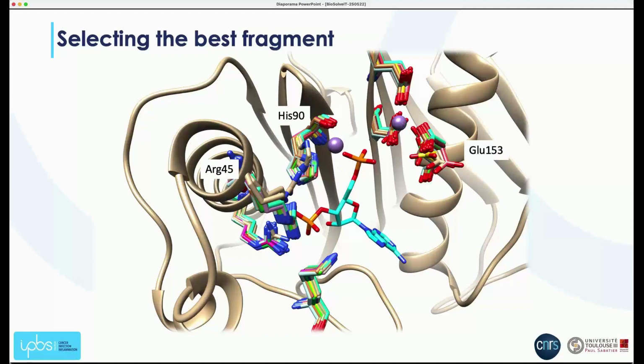It's the same for this histidine residue that you can see in one of the structures. This histidine residue is no longer involved in the binding with the manganese, but is shifted outward, and it's the same for this arginine residue, which normally interacts with this phosphate group and contributes to the correct positioning of the cofactor. In some structures, the conformation completely changes and does not interact with this